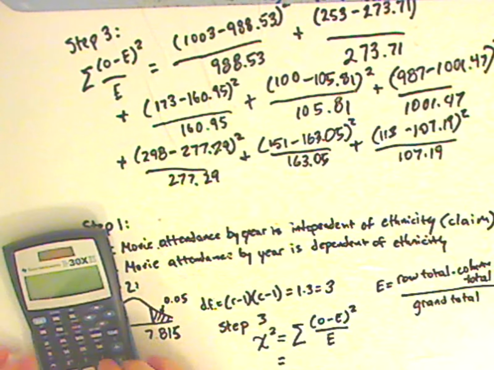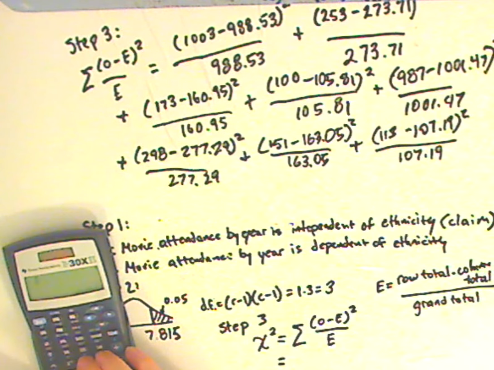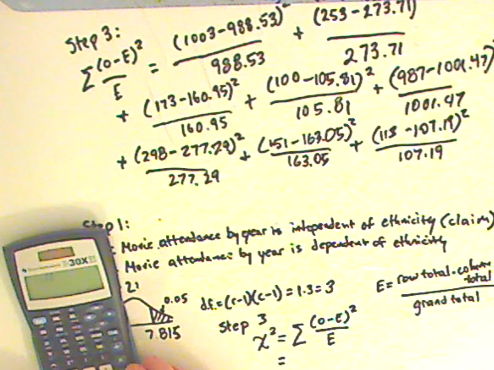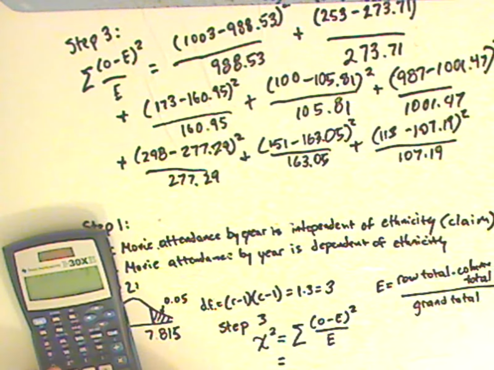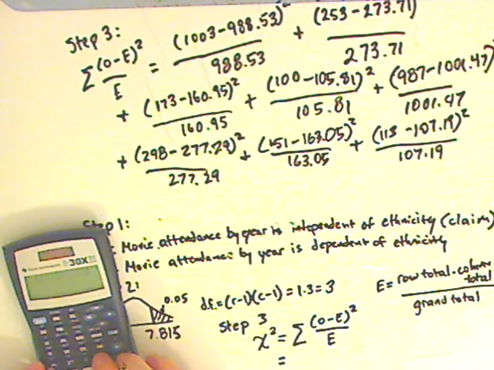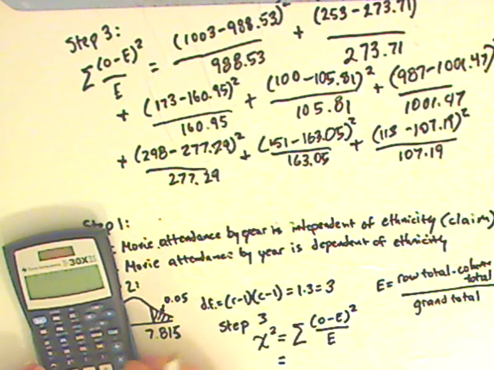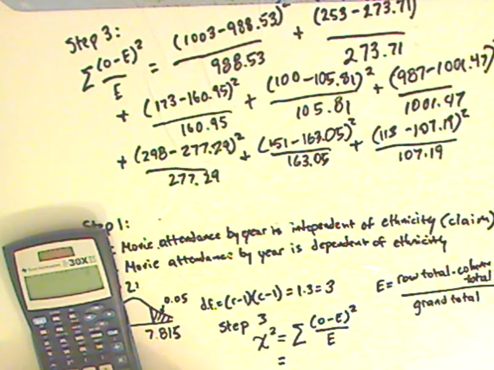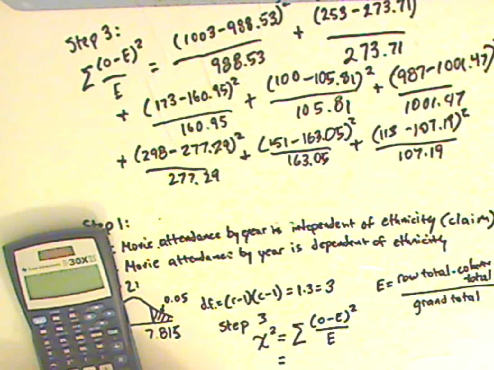So I'm just going to type in the first 4. 1003 minus 988.53, parentheses squared, divided by 988.53 plus parentheses 253 minus 273.71 parentheses squared divided by